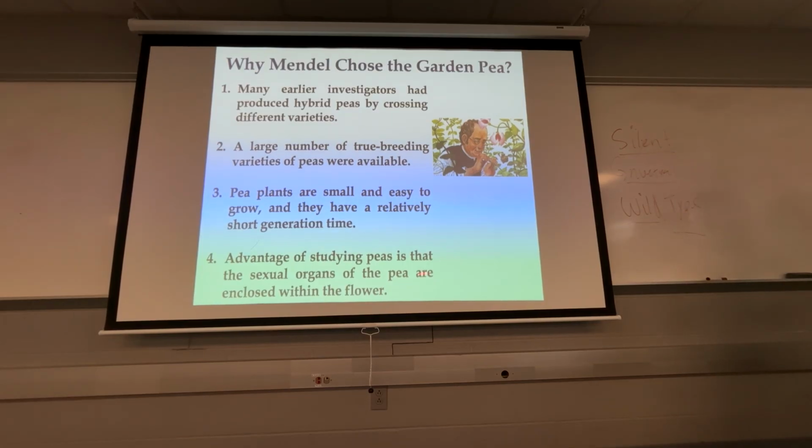The other advantage of using plants, particularly peas, are the sex organs. Both of them are found in each. So you can self-pollinate for your pure breeds and then control cross-pollination, right? By removing the male part of the plant, and you collect pollen, and then you just need a small paintbrush to do this. And you can collect pollen just like a bee does, and then go over and put it on another plant and